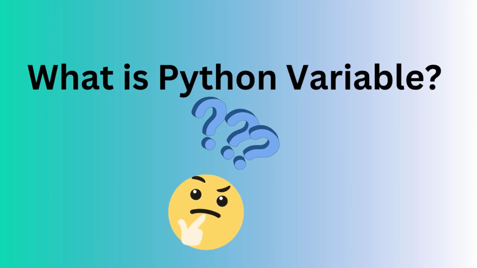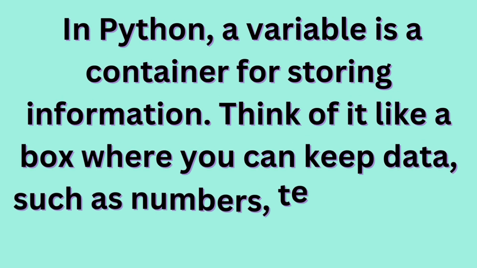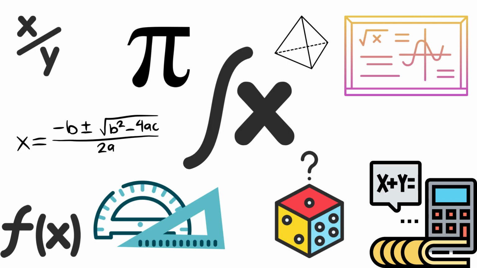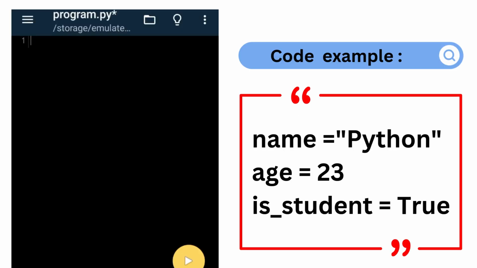First, let's talk about variables. In Python, a variable is a container for storing information. Think of it like a box where you can keep data, such as numbers, text, or even complex data structures. Creating a variable in Python is simple. You just use the equals sign to assign a value. For example, write name equals "Python" between inverted commas,